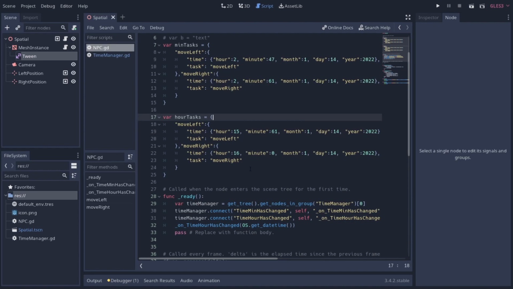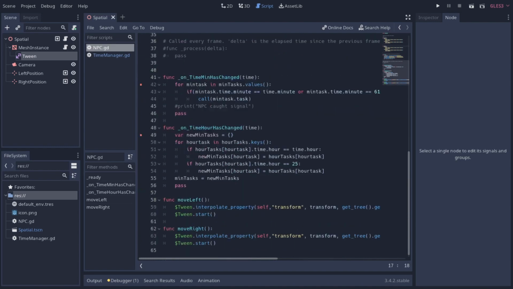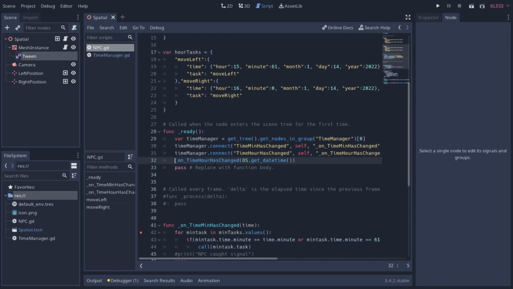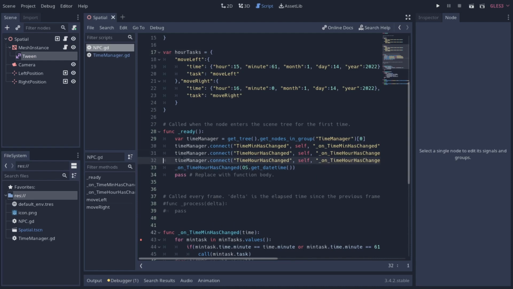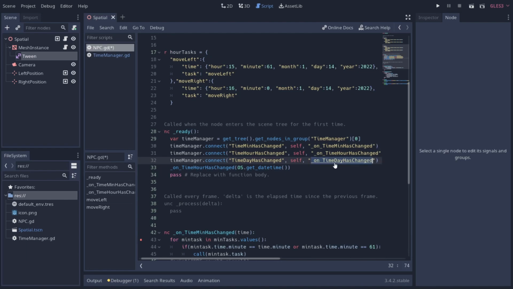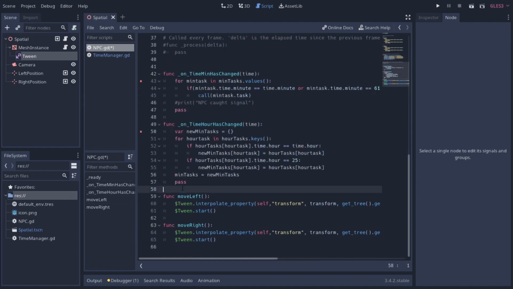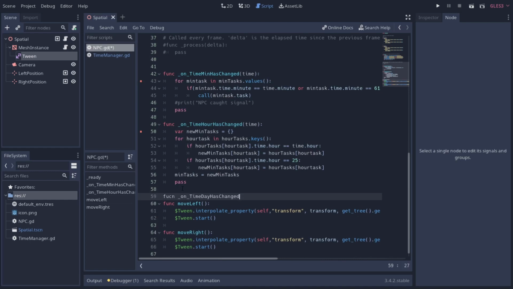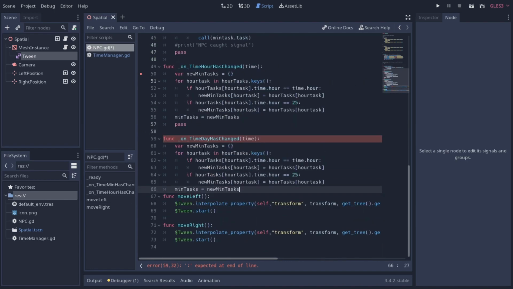From here, we can do the same thing for hours, months, years. It doesn't matter. We could just do it all the way down. So if we really wanted to, we could Control-C, Control-V: time, day has changed, on time, day has changed. And we can just grab this, come down here, and basically copy paste what we have. So we can just do this, F-U-N-C, not F-U-C-N, and we can copy this, paste it,